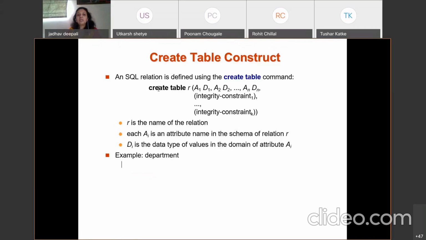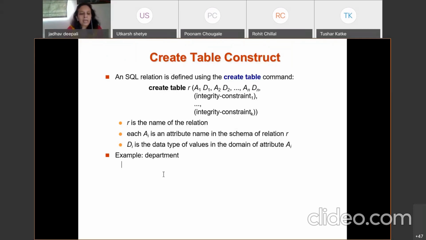If you write the wrong spelling for create or for table, the query will not execute. Have you understood? You can give any name to the table, but you cannot change these two keywords, just as we use keywords in our programming language.